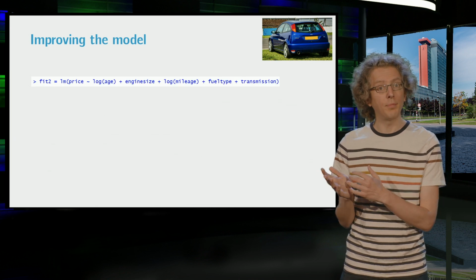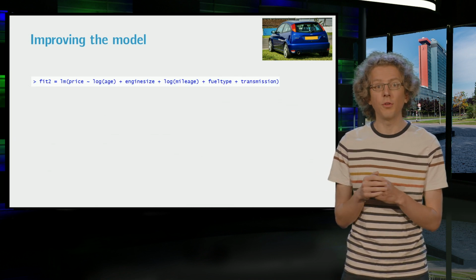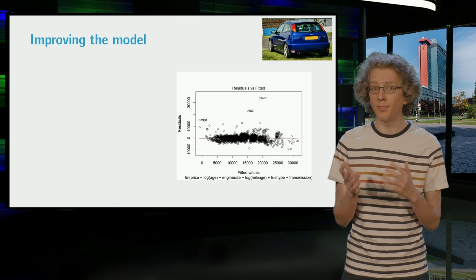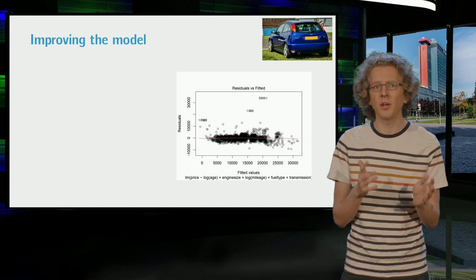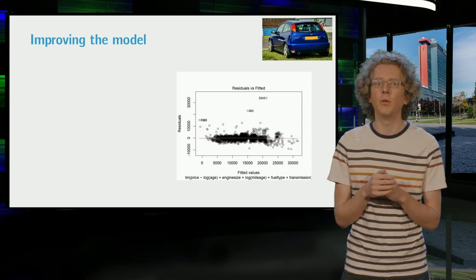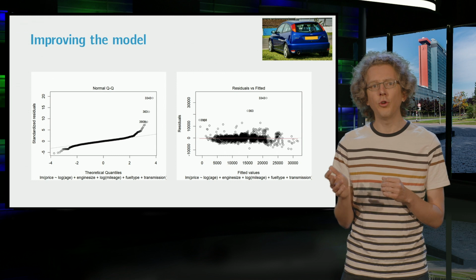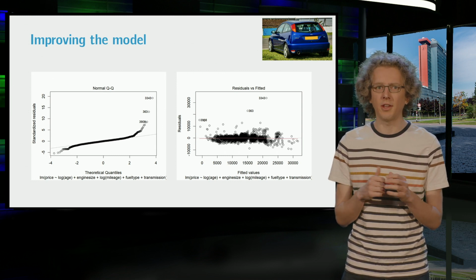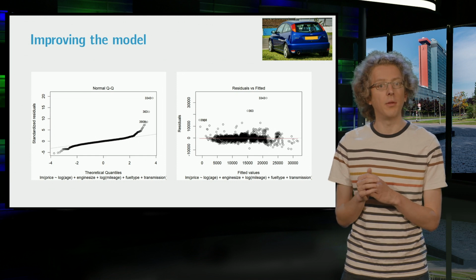Let's look at the R output for this new model, which we called fit2. The scatter plot for the residuals looks much better now, no more pattern, and the assumption of constant variance seems reasonable. The QQ plot still shows a small undesired behavior at the tail ends, but let's leave it at that for now and keep this as our final model for this example.